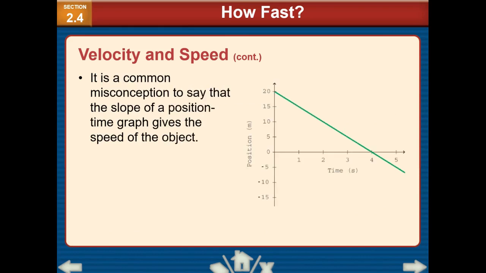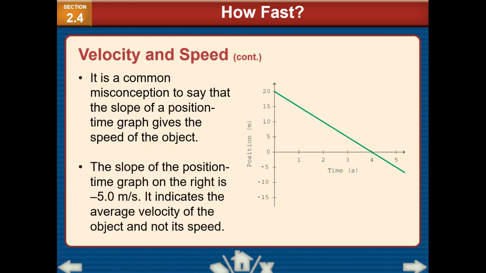All right. So this is not accurate. If you read this, the common misconception says that the slope of a position versus time graph gives the speed of the object. It doesn't. It gives you the velocity. Okay. If we look at this graph over here,